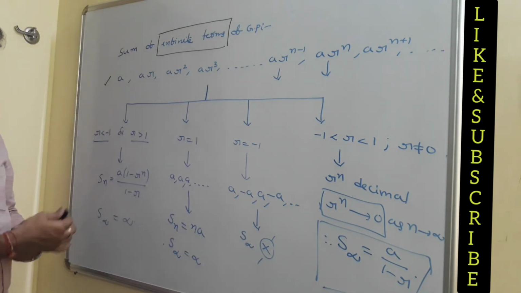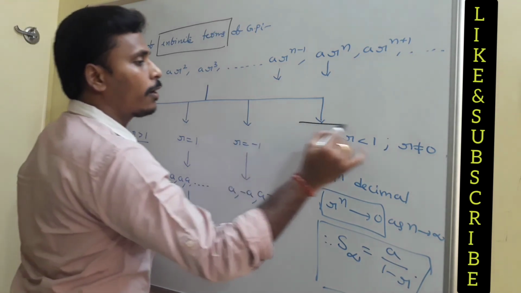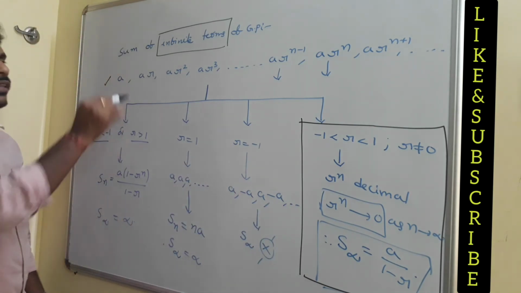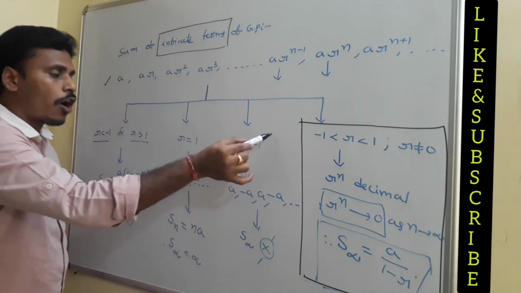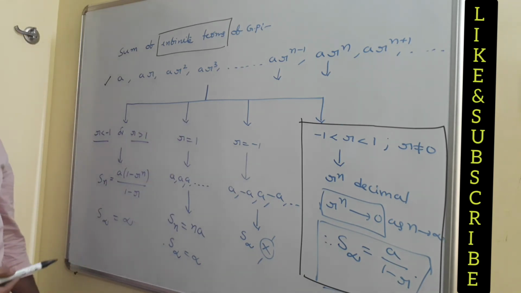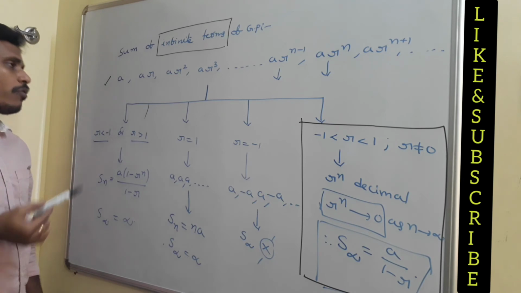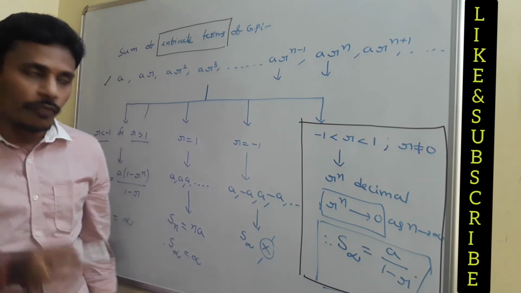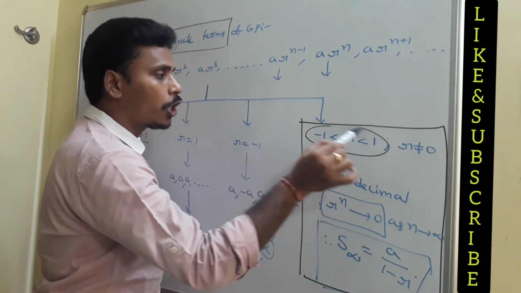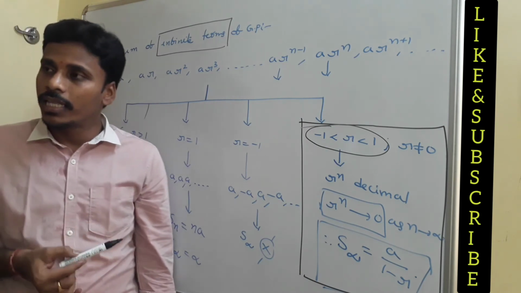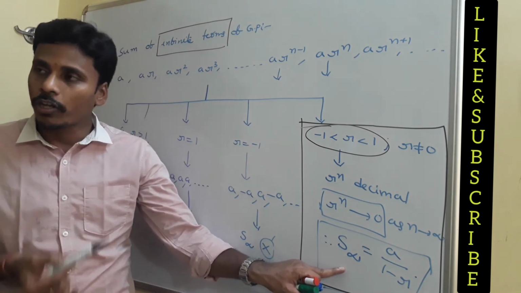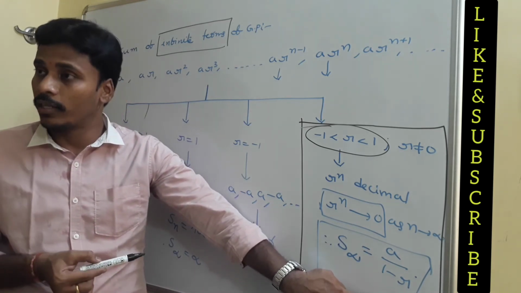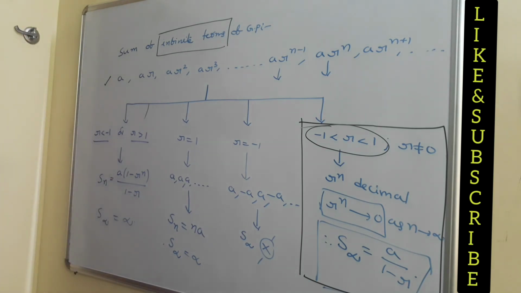With all this discussion, we just need this particular discussion for the sum of infinite terms of the geometric progression. They won't ask you to find the sum of infinite terms if r is minus 1. They won't ask you for the sum of infinite terms if r is 1. They won't discuss the sum of infinite terms if r is in this region. Questions ask you about the sum of infinite terms only if your r is in this particular region, minus 1 to 1. Then in that case, the approximate value for the sum of infinite terms is just a by 1 minus r. Have a look at this and I will come up with some examples.